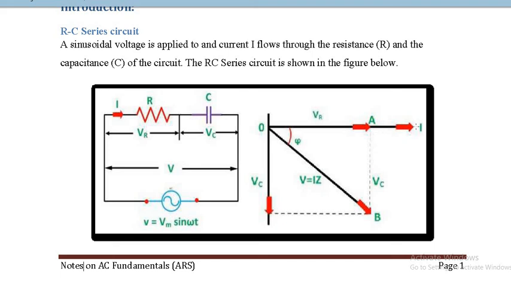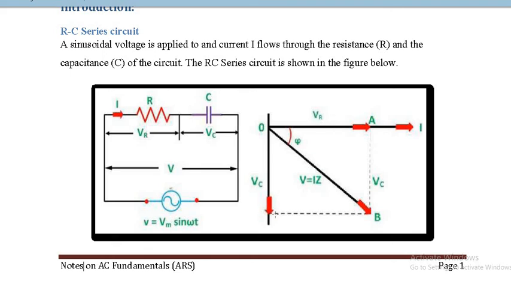With relation to the current, VC will be 90 degrees lagging in the anti-clockwise sense, or in other words, when we talk about capacitive circuits, current is always leading by 90 degrees, isn't it? Whenever lagging or leading is said, it is always in the anti-clockwise sense. So if current is to lead by 90 degrees in the anti-clockwise sense, you can see VC has to be along the negative y-axis, right?